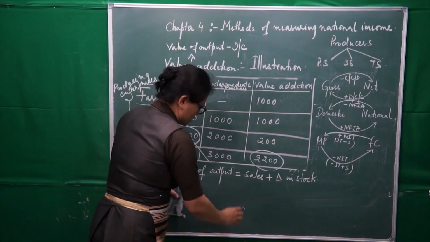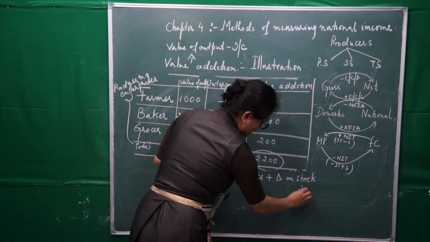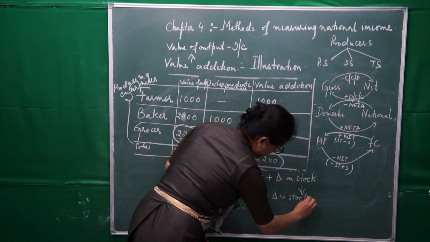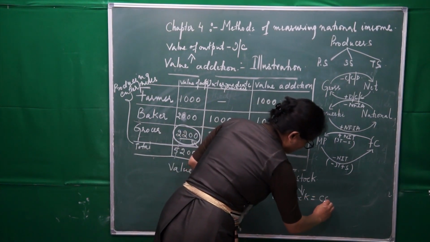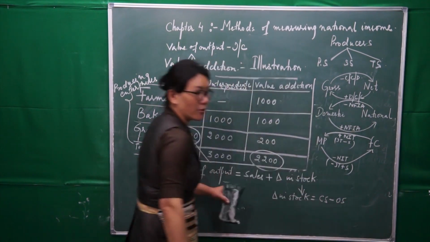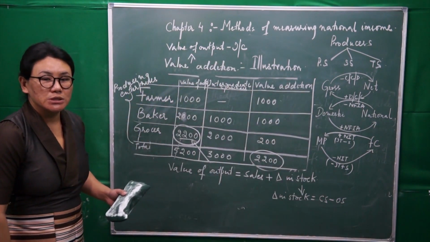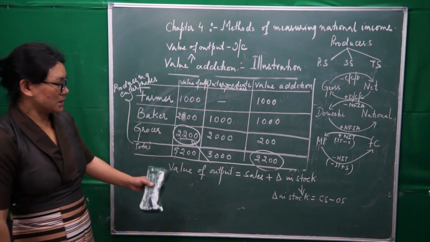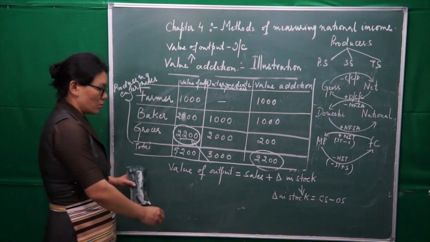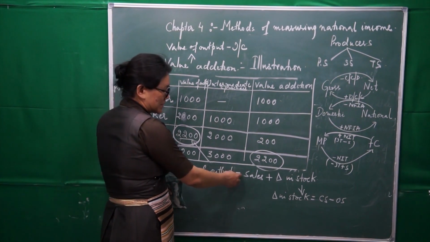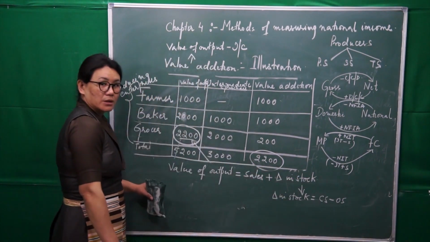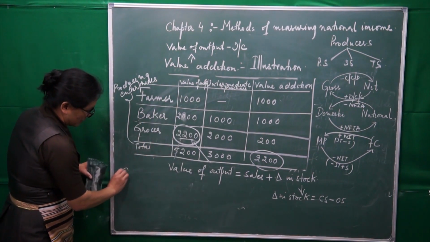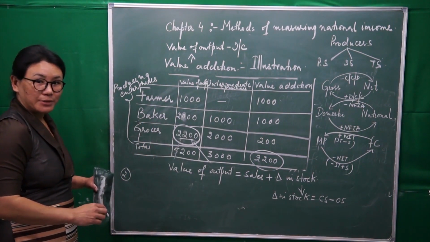Now, what is this change in stock? Change in stock is closing stock minus opening stock. This is the formula to compute change in stock. Is that clear? Now see here, in such a situation, what has it become? Value of output will be equal to sales plus change in stock. Okay, now the first formula is done, right? Now the second one,